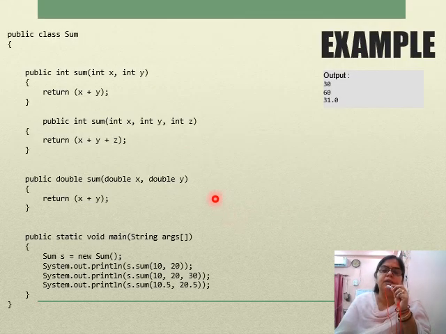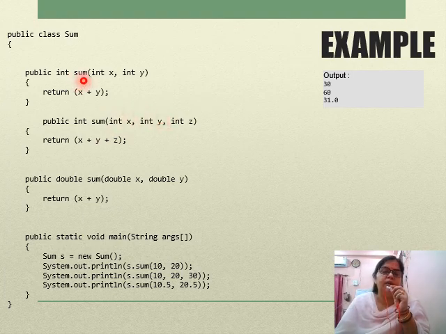See, here we will see an example of this function overloading again. Here we are doing the sum of different integers. See, first public int, this is our returnable function, that's why we have not used void here. Public int sum int x, int y, return x plus y, means the sum will be returned here. In the second, there is a sum of three integers.